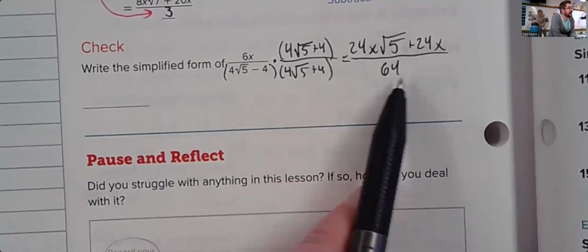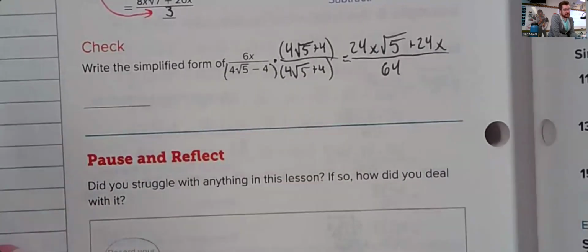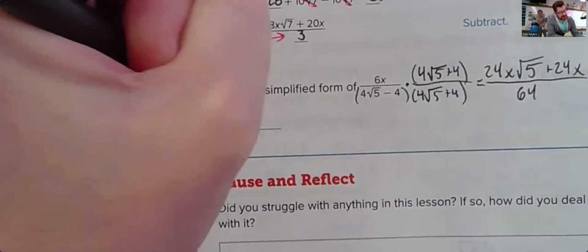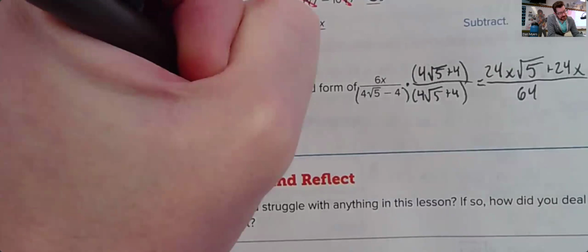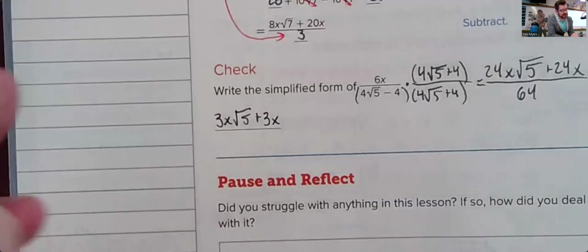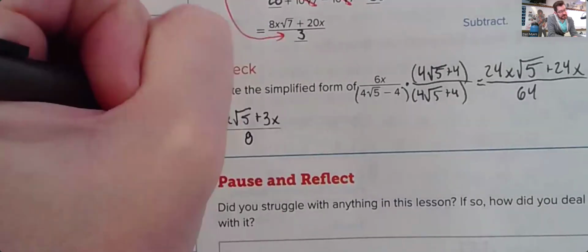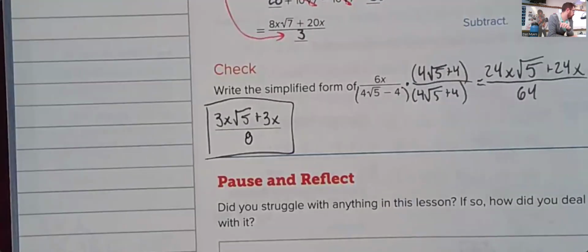These are each divisible by 8. What's 24 divided by 8? 3. So we can have 3x root 5 plus 3x over what's 64 divided by 8? 8. 3x root 5 plus 3x over 8. And that's the answer to that. You made it. All right. We still have about 7 minutes left, so